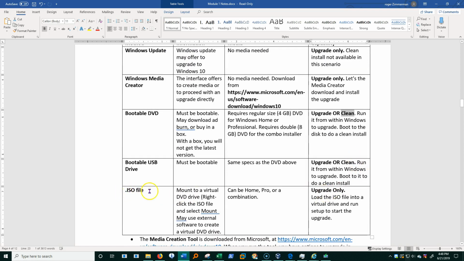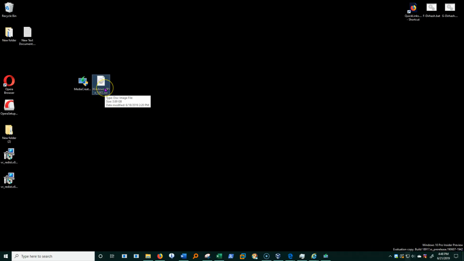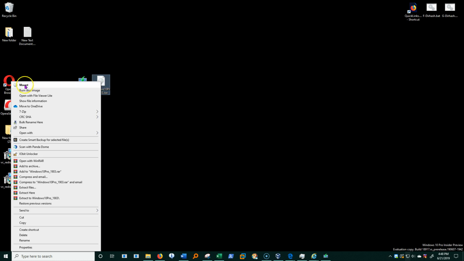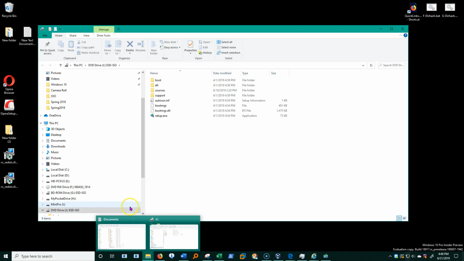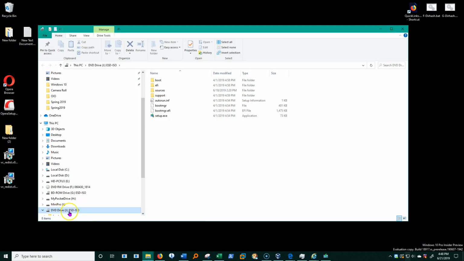I can do an upgrade from an ISO file because I'm going to load it as though it's a DVD. And let me show you what I mean. I'm going to go back to my desktop here. Here's my ISO file. I'm going to right-click that ISO file and say Mount. And now when I open my File Explorer, you see here I have DVD, ESD, ISO, J drive, and it looks to my computer as though this is a DVD.